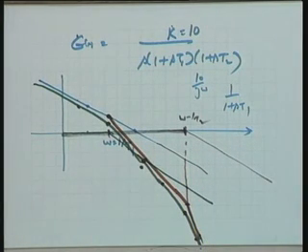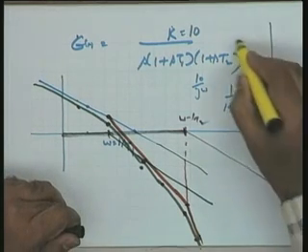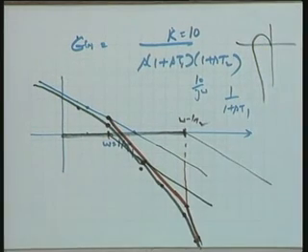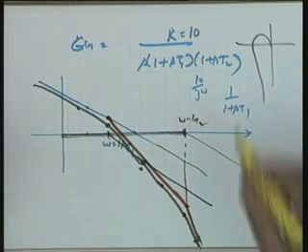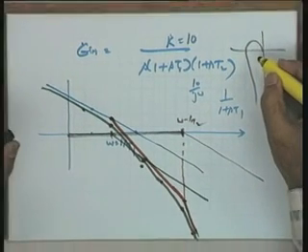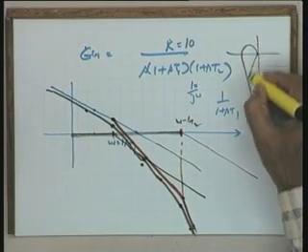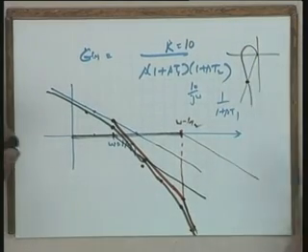Help me please, what is the gain crossover frequency? Now recall the Nyquist plot. Nyquist plot for this particular system, yes, it will be this way, isn't it? For this particular system the Nyquist plot is going to take this shape. The frequency at which the magnitude is 1, we have said that it is our gain crossover frequency.